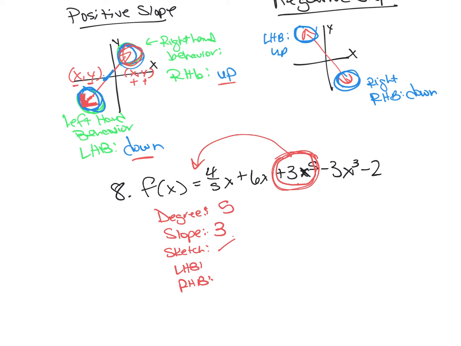So my little sketch that I'm going to do, it's just going to look something like that. My left hand behavior is down, and my right hand behavior is up. Okay, so now let's look at even. So even degrees. Our most basic even degree would be a quadratic